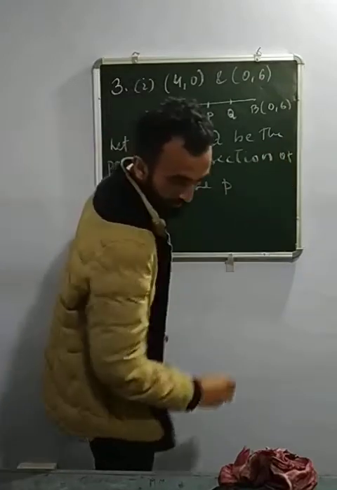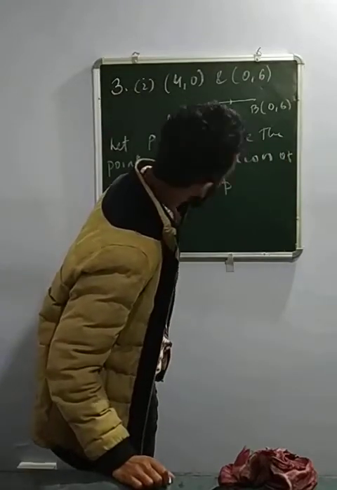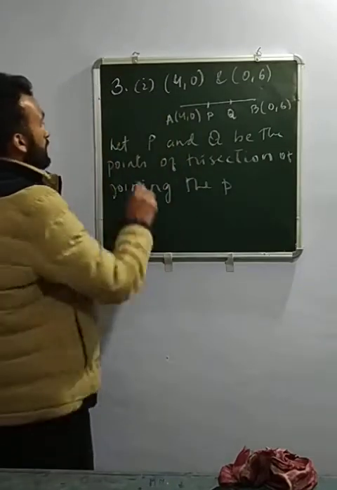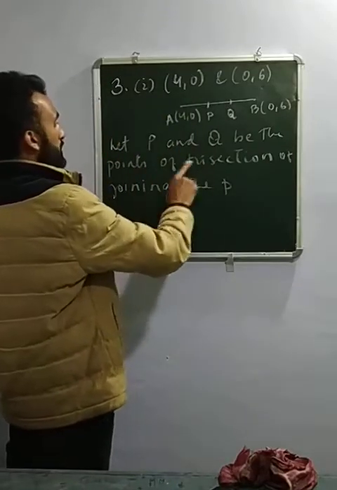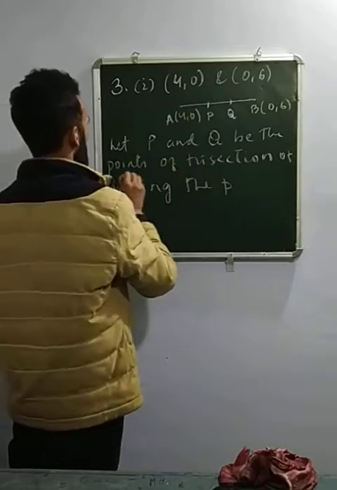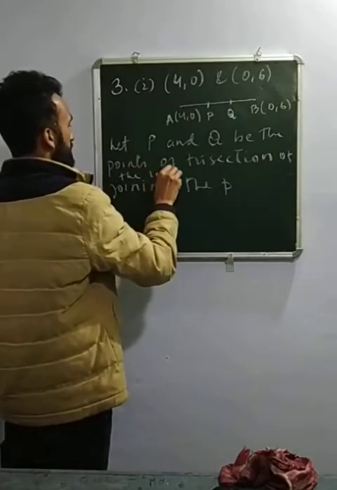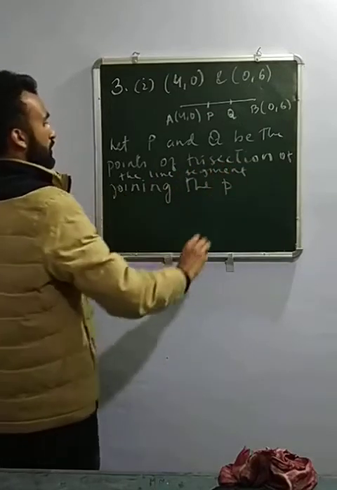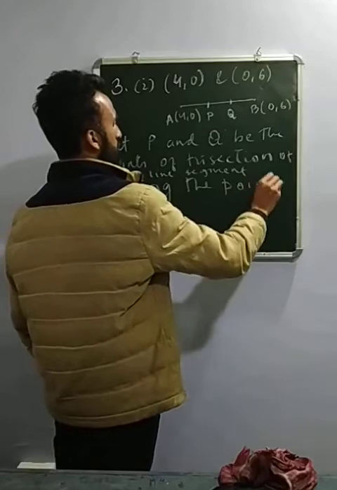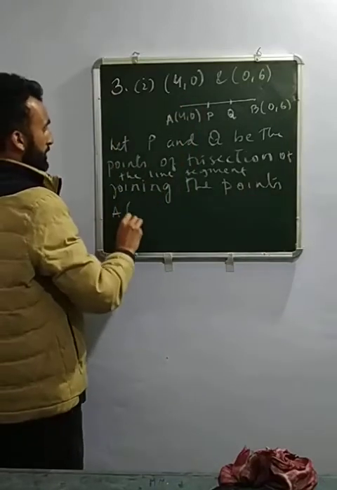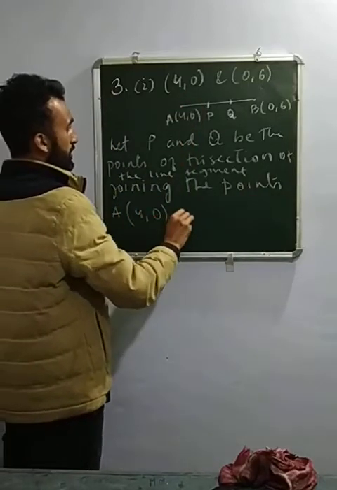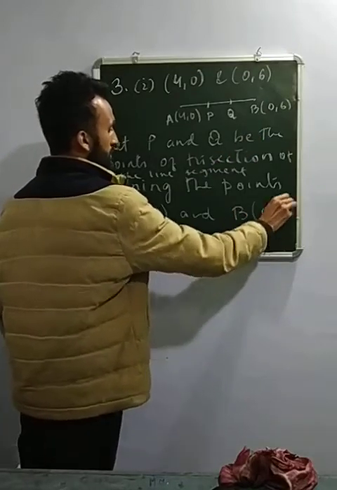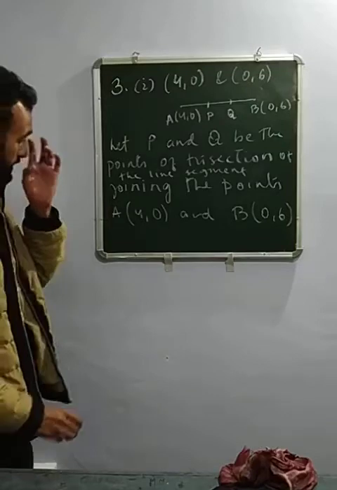Find the points of trisection of the line. Let P and Q be the points of trisection of the line segment joining the points. Let me assume this one is A (4, 0) and B (0, 6), such that